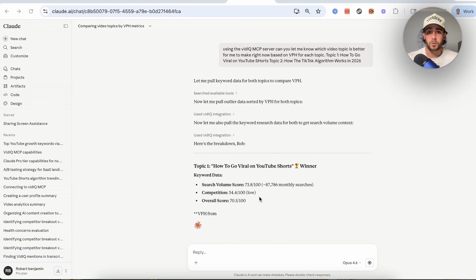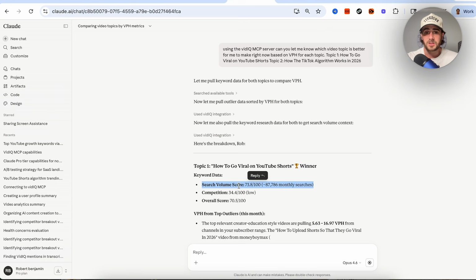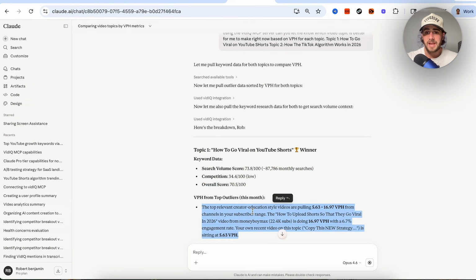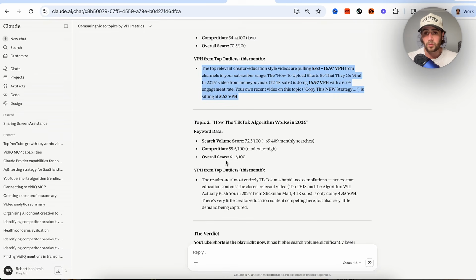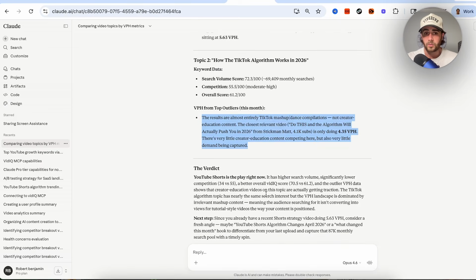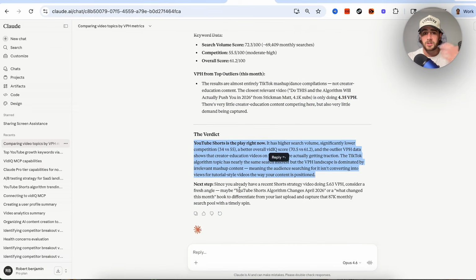So here's the actual breakdown. How to go viral on YouTube Shorts gives us the search volume, gives us the competition, gives us an overall score, gives us how many views per hour these topics are getting. If we come down here, we could see how the TikTok algorithm works in 2026. We could see how many searches, we could see the competition, we could see the score, we could see the views per hour, and we could see that right now YouTube Shorts is going to be the one that we